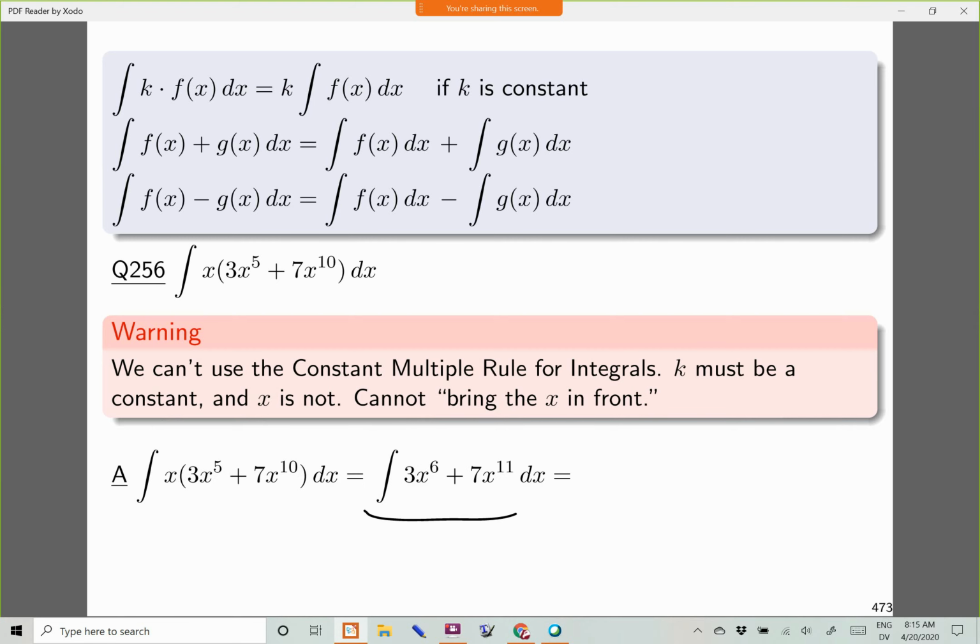Now, staring at this, we are ready to talk about what the antiderivative is. Again, you can split this up into two separate integral problems. I'm trying to model, unlike the previous question, skipping a little bit of that work. You split these into the integral of each of these two things separately. The 3 you get to copy, but you have to antidifferentiate x to the 6th. You have 3 to copy, and then x to the 7th over 7. Then plus the 7 copied, and then you antidifferentiate x to the 11th, which gives x to the 12th over 12. That's why there's no more antiderivative notation in there.